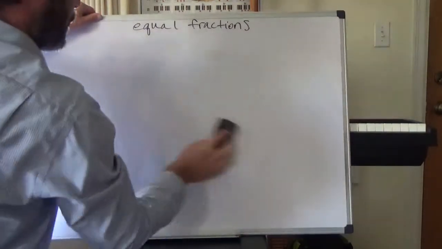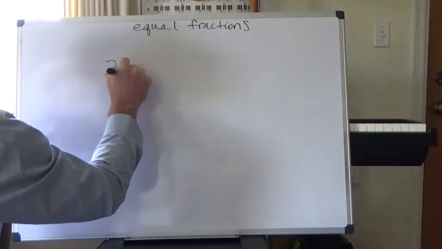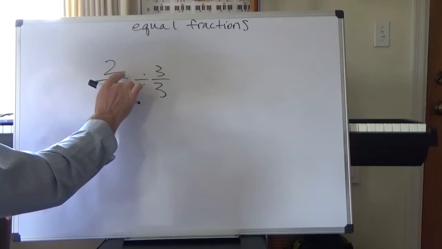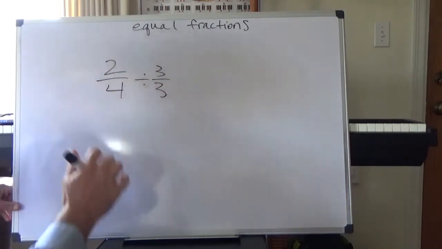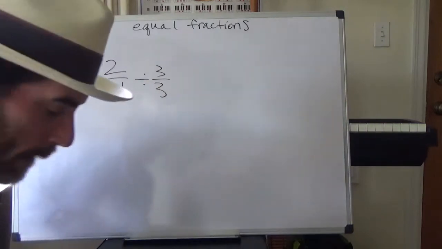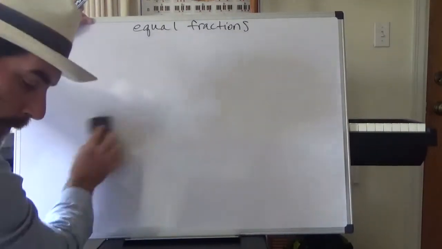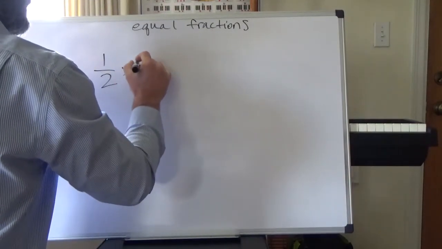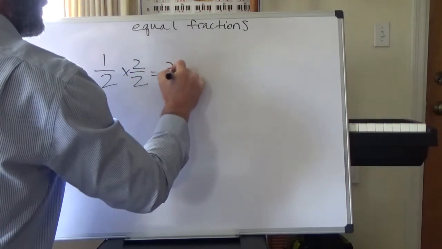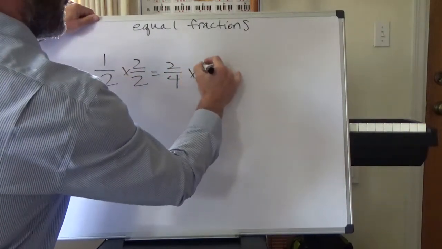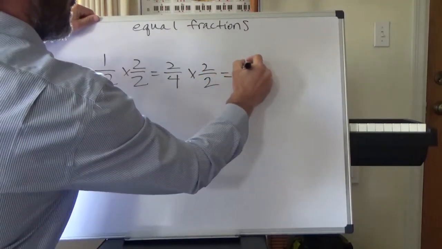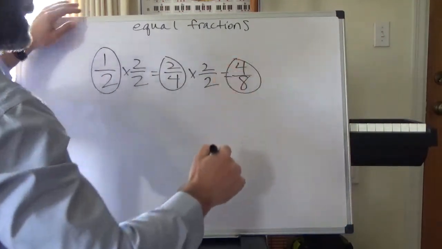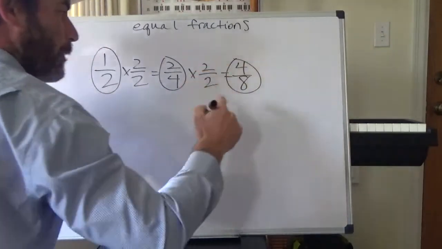Can we take 2/4 and divide by 3/3? No, we can't do that because you can't divide a 3 into a 2 or a 3 into a 4. So I notice these are even numbers, which I can divide always by 2. Let's see, 1/2 times 2/2 equals 2/4. Now if I do this again, 2/4 times 2/2 is going to give me 4/8. So we know 1/2 and 2/4 and 4/8 are equivalent fractions. If I multiply that by 2, I would end up getting